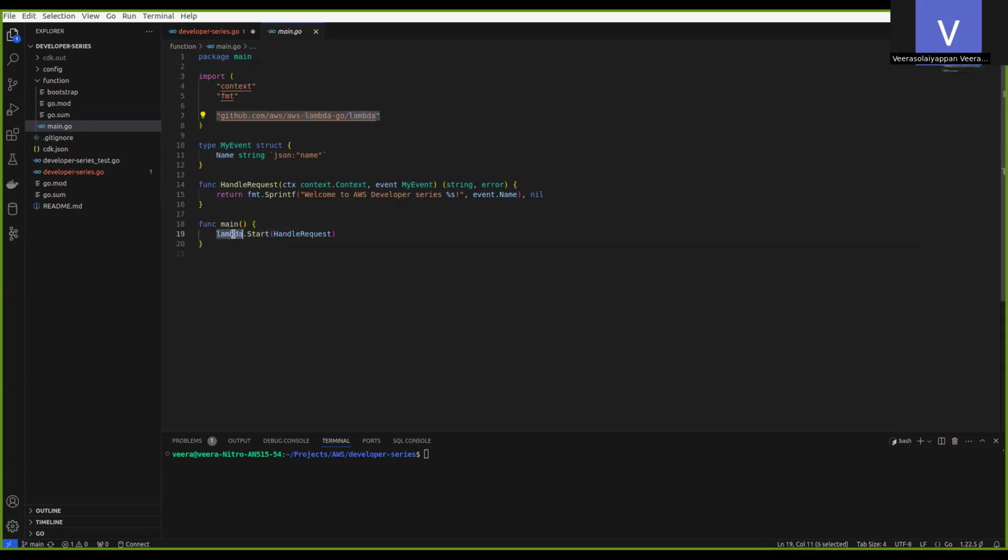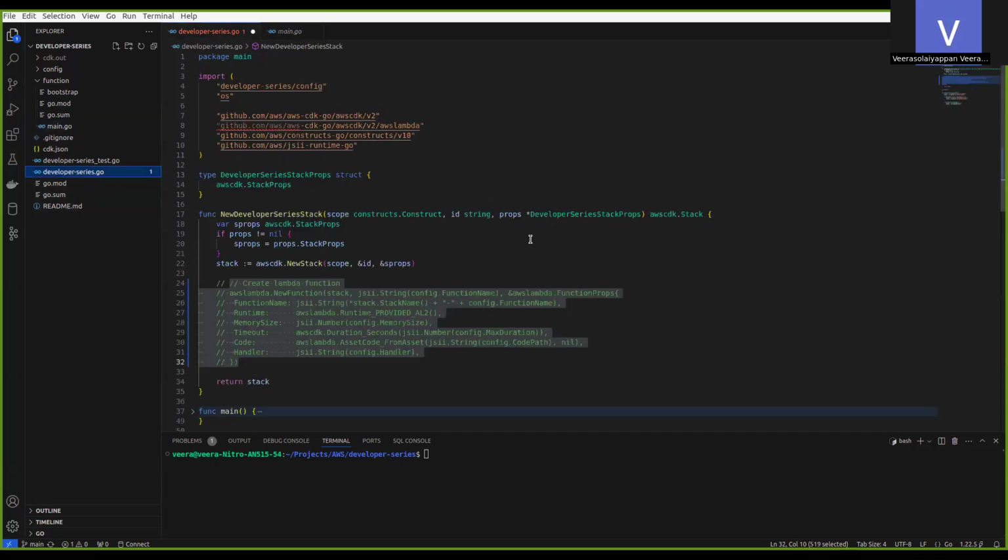When the Lambda function triggers, it will invoke this handle request, where we can get the input parameters and the outputs. I created the handle request function. It takes the event as input. In the event I'm just passing the name only, and I'm returning a sample message, welcome to AWS developer series. That's what my Lambda function has.